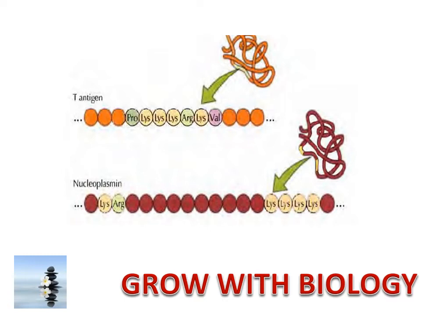Now this 10 amino acid spacer is required to set the distance within the NLS sequence, but if there is any change in the amino acids within these 10, it will not hamper the localization. What is important is lysine arginine, then a gap of 10 amino acids, and then 4 lysine. And if this gap changes to 8 or 15, then it will not act as a nuclear localization signal.